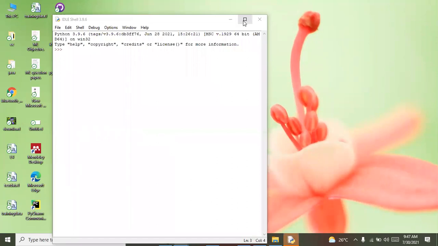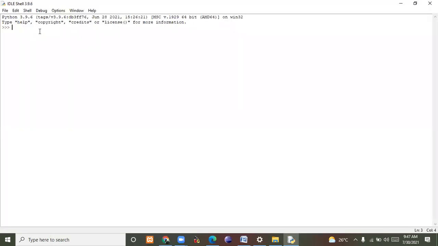So the window is like this. This is the Python interpreter, students. Here all your code will execute. Here you have to type your code. Suppose, in Java or C, we type int x = 5 like this. Here it is not like that. I am typing x = 5, so that variable is taken.